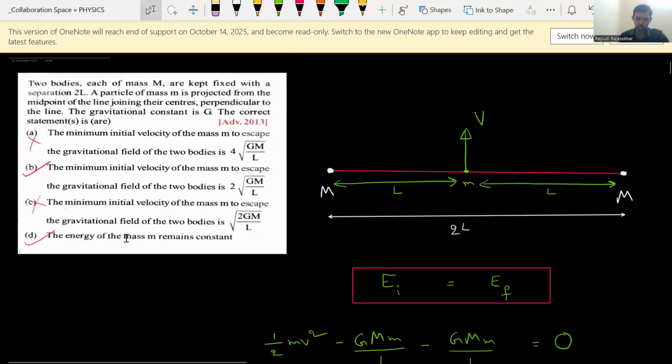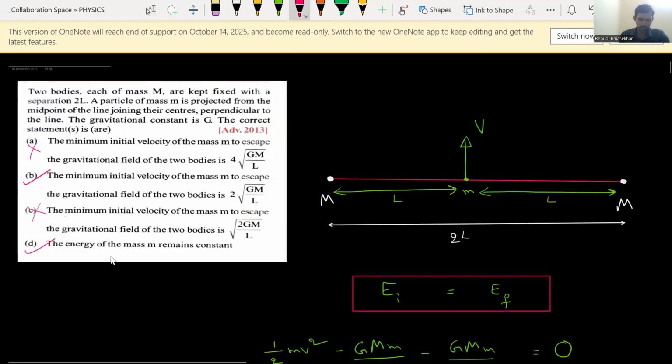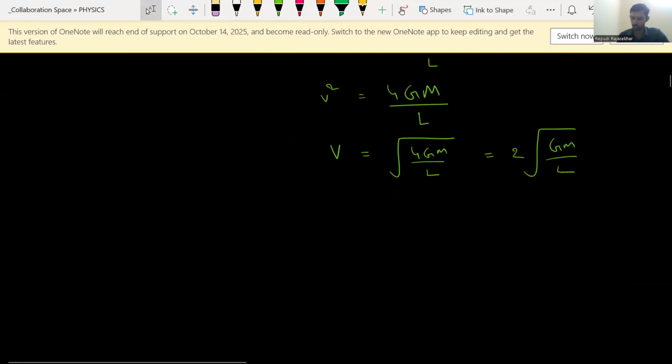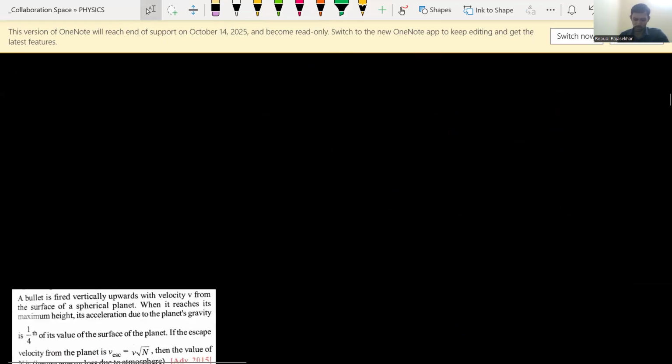Here it is a multiple-answers-correct question. They have asked which statements are true. Right. So this is based basically on the conservation of energy concept only, and very similar to the derivation of escape velocity. So this is the 13th question. Next one is